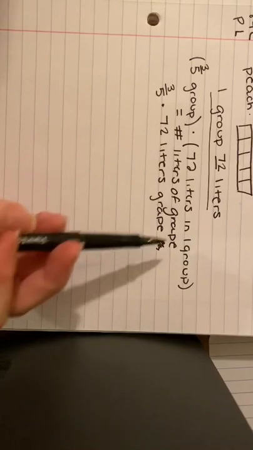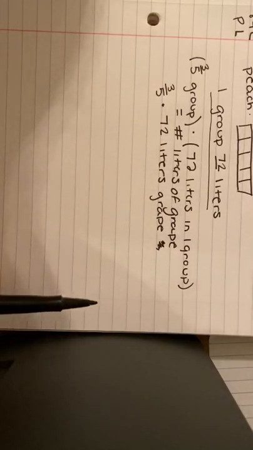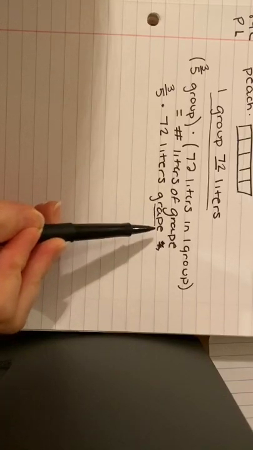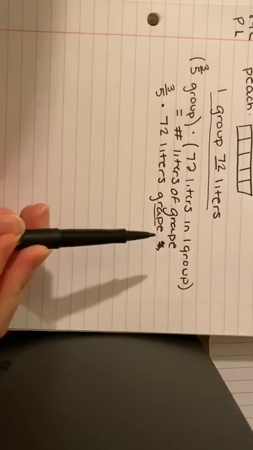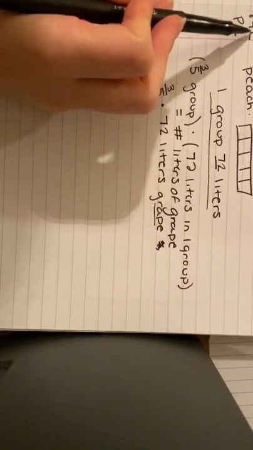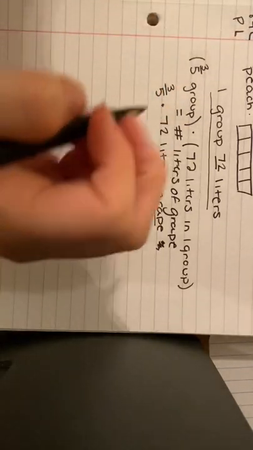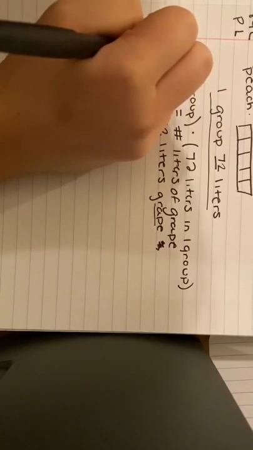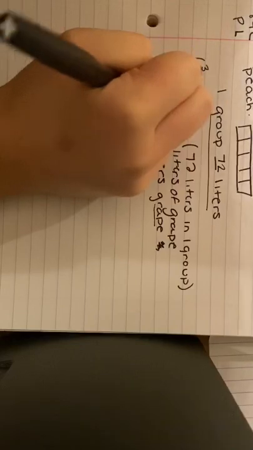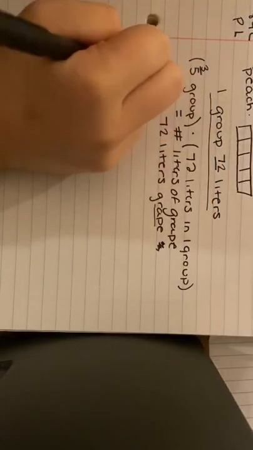Okay, so now we find the same thing, and we're gonna find how many liters of grape we're gonna need for, instead of 72 liters of peach this time, we're looking at 84 liters of peach. So the group is going to be 84 liters this time, just like we did above right here. So then we're going to do the same equation, so